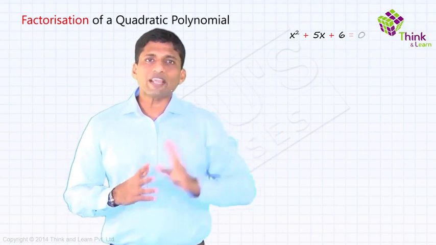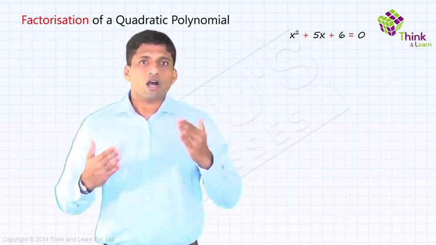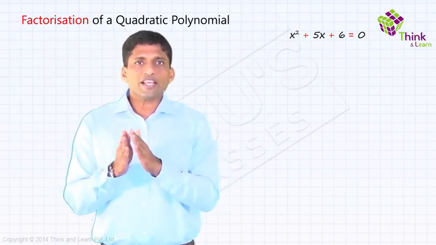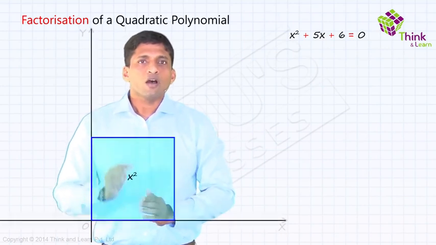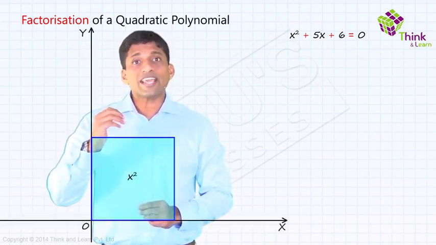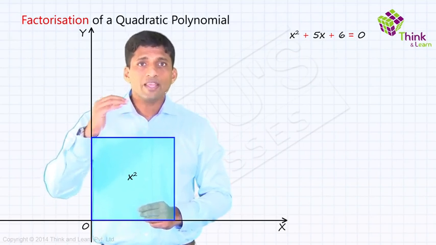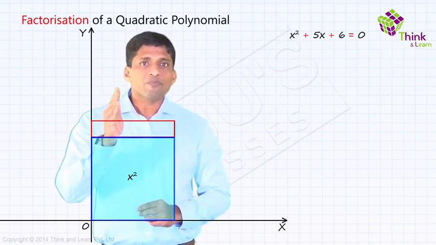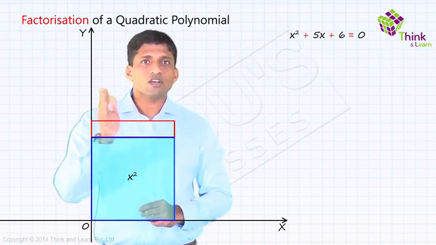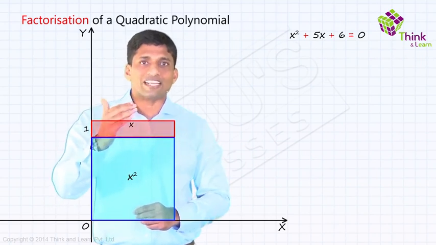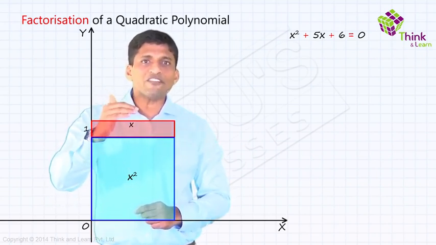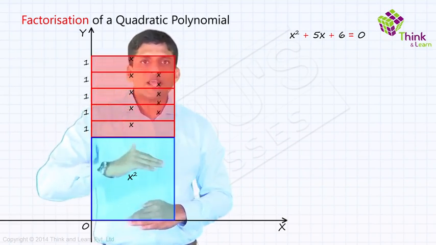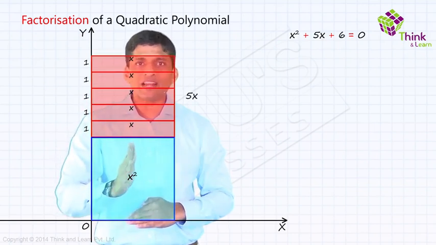Now when it's an equation, we'll make it equal to 0. Now, what is x square in a diagram? x square is nothing but a square with side x. Now, to get 5x, first let's take x. What is x? If you want to visualize it here, x is a rectangle. So take a rectangle on top of this x square, where length is x, but take breadth as 1. So you get x square plus x. Now, if I take this 5 times like this, I'll get x square plus 5x. So x square plus 5x is the area of this rectangle.